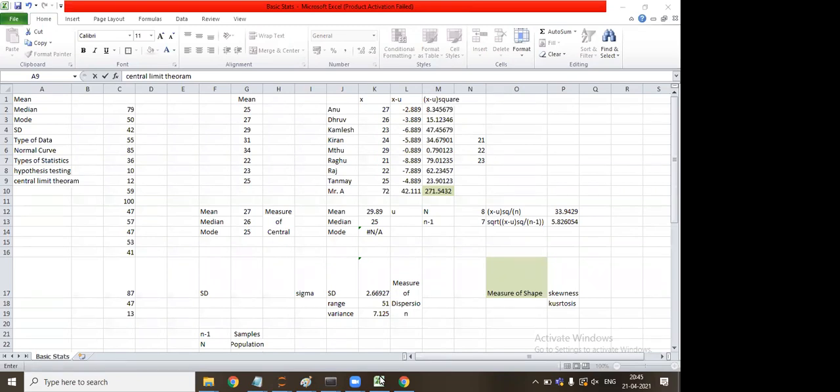So the first condition to check is whether the data meets the condition of central tendency. Second, whether it meets the condition of dispersion, and third, whether it meets the condition of shape. Shape, till now, we have seen whether it's a bell-shaped curve or not. Are we aligned? Yes, sir.